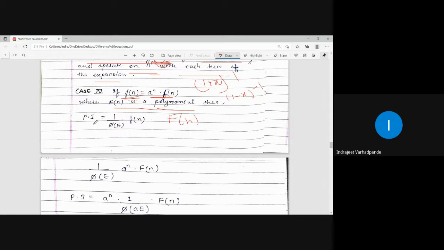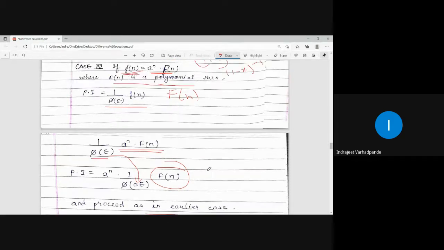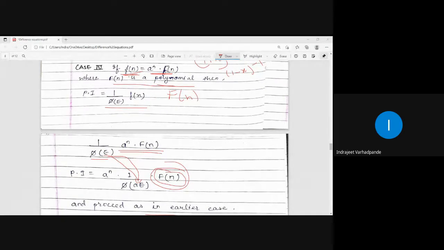It is a polynomial. So 1 upon phi of E operated on f of n is written as 1 upon phi of E operated on a to the power n into the polynomial. Take a to the power n outside, replace E by aE, to be operated on F of n. What will a be? a will be any constant term, and proceed as in the earlier case. So in a to the power n into F of n, a is a constant; replace E by aE and then operate it on the polynomial. Proceed as in the earlier case, that is case number 3. So this is how